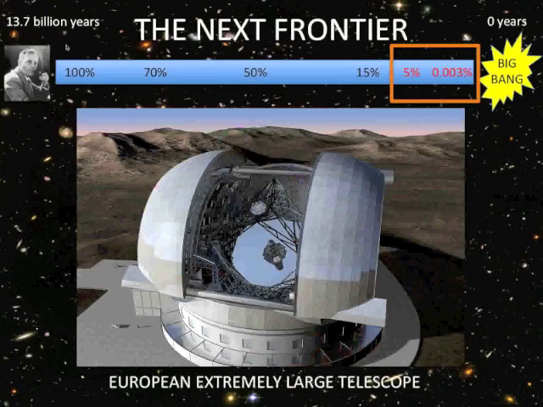Now, the third giant telescope has a very original name, and it's called the European Extremely Large Telescope. So the E-ELT is also going to be built in Chile, in the northern desert in Chile, on the Armazones mountain. And it's a similar concept to the Thirty Meter Telescope. It's a big mosaic of small, roughly 1.5-meter mirrors. The only difference is that it has 2 times as many mirrors. So it's going to be almost a 40-meter telescope.